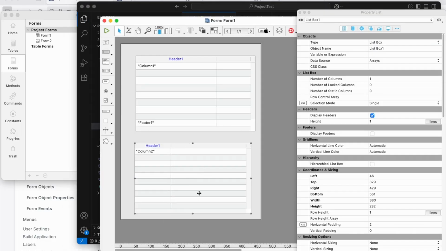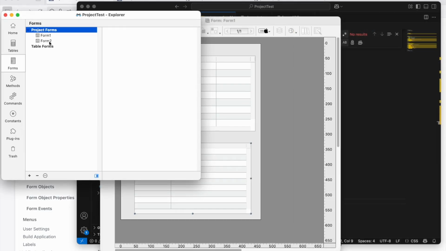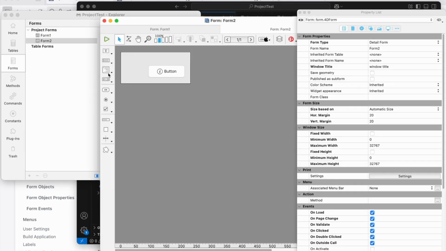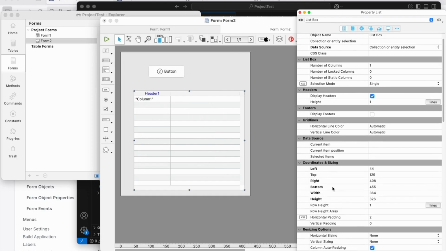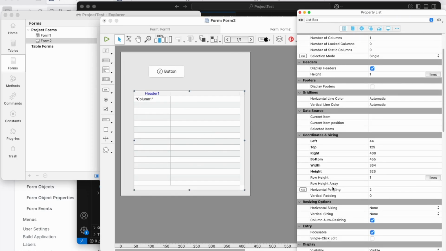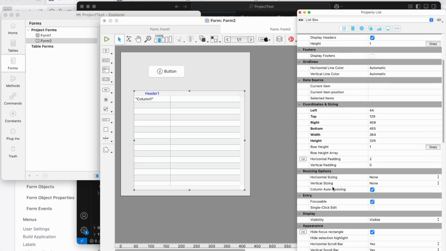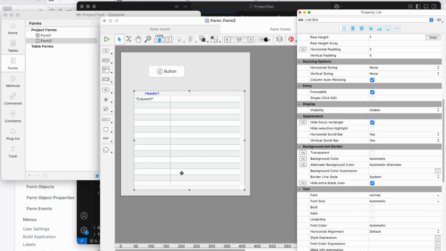Okay, and now we are in the other form, and if I go in the other, just draw a listbox, okay, and I can change for a collection. Is this value, is this style property applicable to array or collection? You are. Okay. It's magic, yes. But